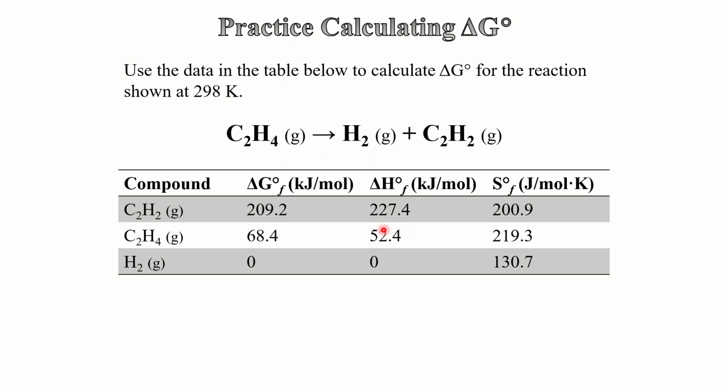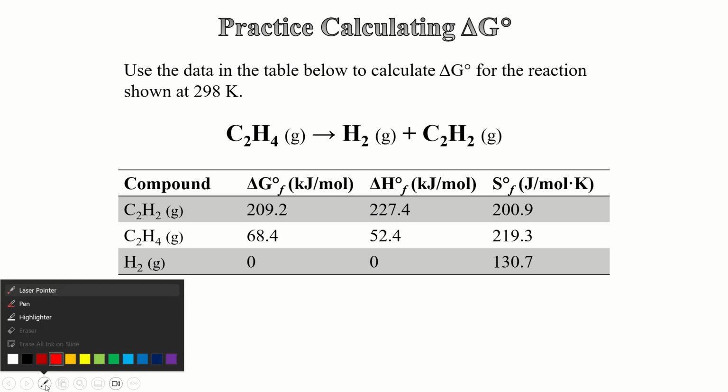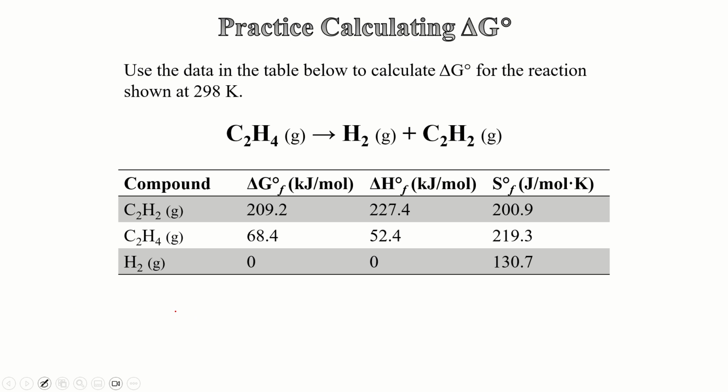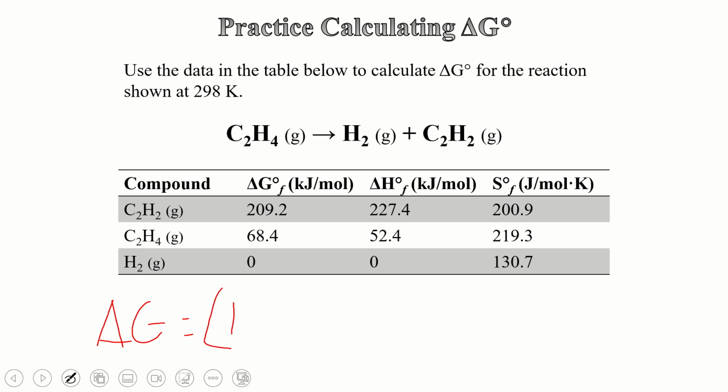So if we set this up, let me get out my pen tool. So I would do the sum of the products minus the sum of the reactants. So delta G would be equal to the free energy change for H2, which is 0. So this would be 1 times 0 plus, and where is this 1 coming from? It's coming from the coefficient right here. Remember that coefficients get multiplied, plus 1 times the delta G value for C2H2, which is 68.4,